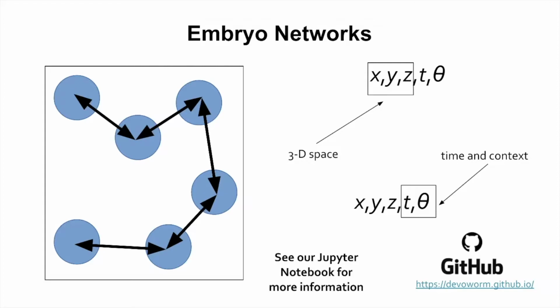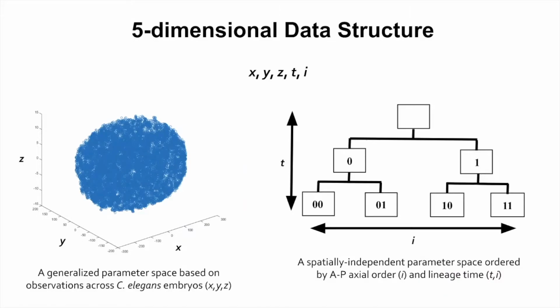And then we can think of this in terms of time and context. The time is the developmental time at which cells are in the embryo, dividing and differentiating, and the context can be things like the angles of cell division or other features that we might want to add into the model. We have a Jupyter notebook on GitHub that contains a lot of the details for that. This leads us to this five-dimensional data structure in which we view the embryo